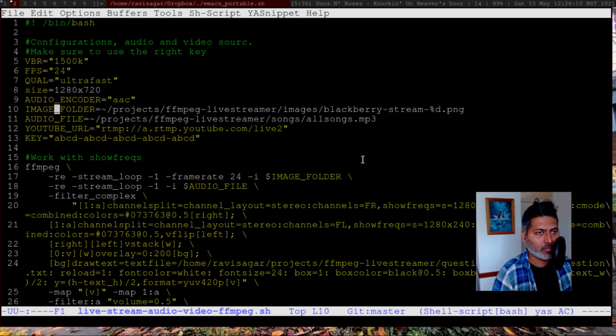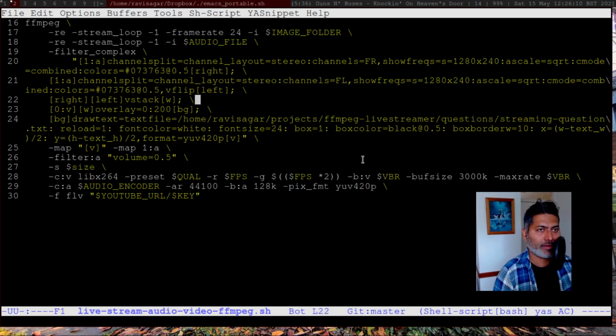And then I'm using this image folder where I'm storing all the images, which is the folder that I just showed you. Then, of course, the file that I want to play in the loop. And for YouTube streaming, you need to specify this URL and your key. This key is something that you will get when you start the stream. And this is the part where the main thing is happening, which is the